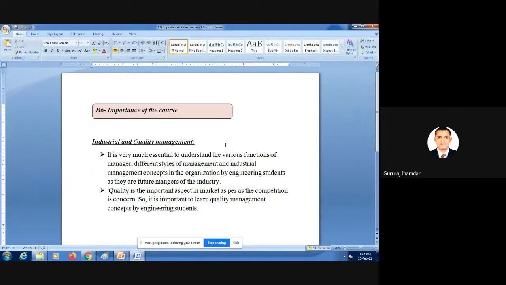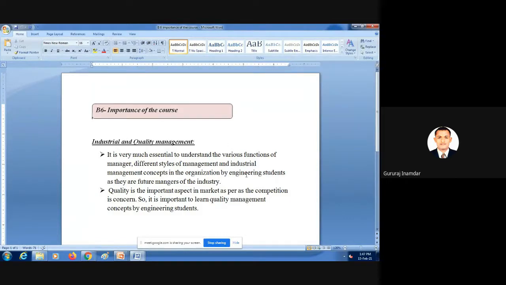There are different standard ways; different scientists and academics have given a number of tools. In this section we have to study different tools and techniques to minimize our load, minimize time, minimize maintenance cost, and maximize the profit. There are a number of tools and techniques used, for example Six Sigma and MCDM. These are management techniques that we have to study. So it is important for engineering students to learn quality management concepts.